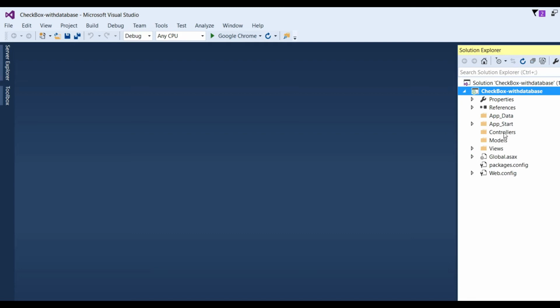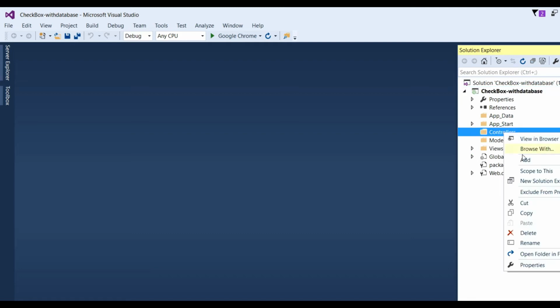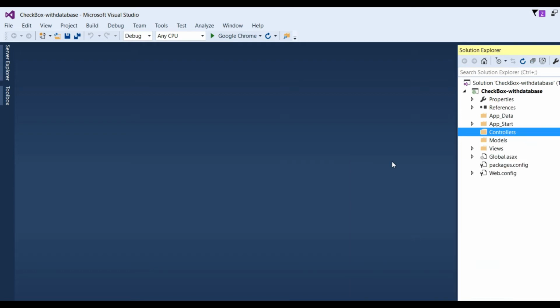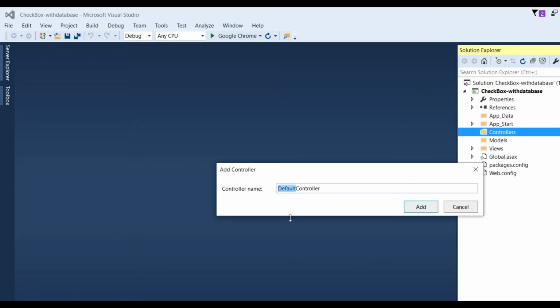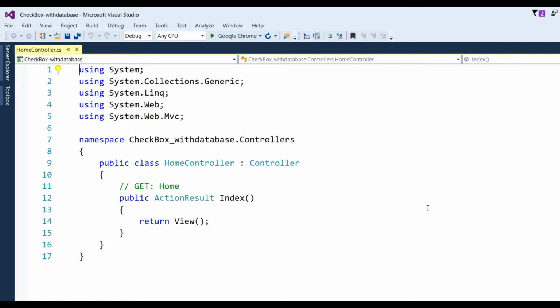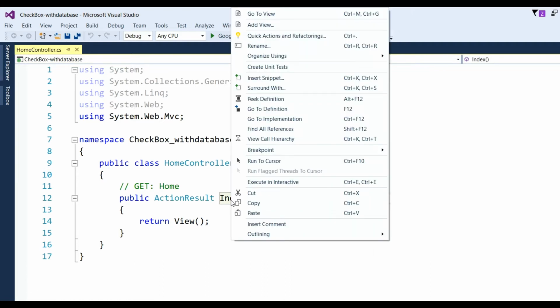Now go to controllers and add a controller, and choose MVC5 controller empty. Click on the add button and put here Home and click on add. Here the home controller will be created. Now I have to add a view for this controller.